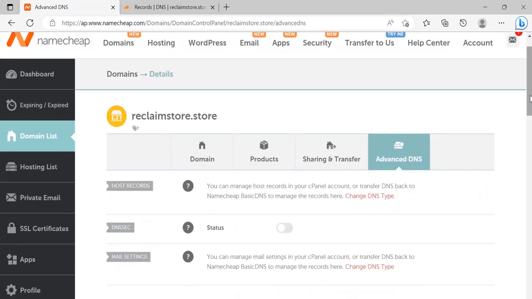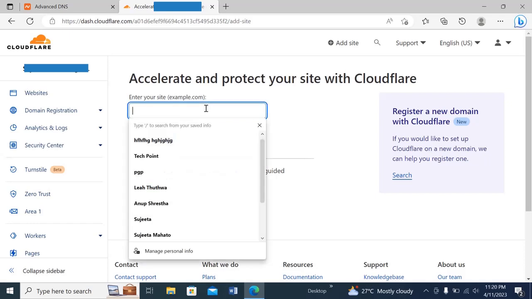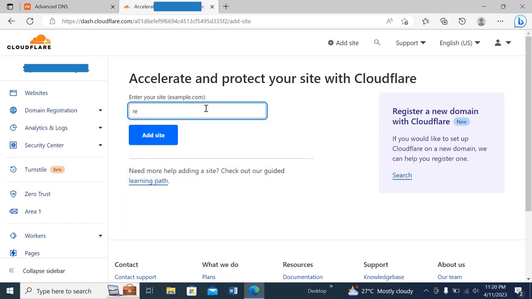What I'm going to talk about today is how you can manage your Namecheap domain from Cloudflare. It doesn't matter where you buy your domain from, you can still manage that domain through Cloudflare. That's what I'm going to show you today. Let me go to my Cloudflare account, and here I'm in websites, and then I'll click on add a site, and I'll give the name of my domain,